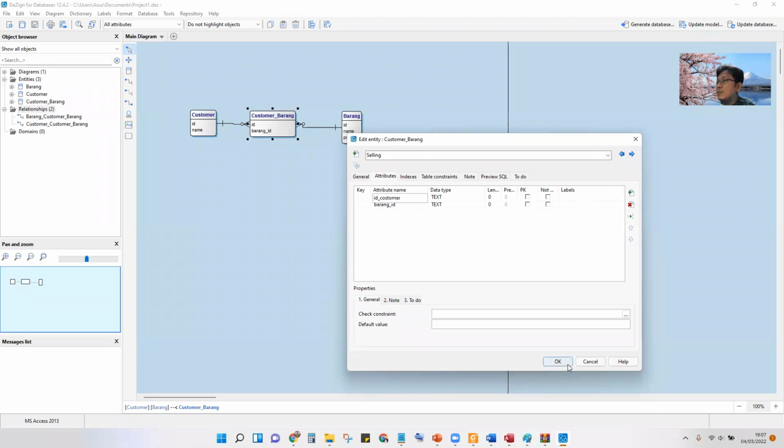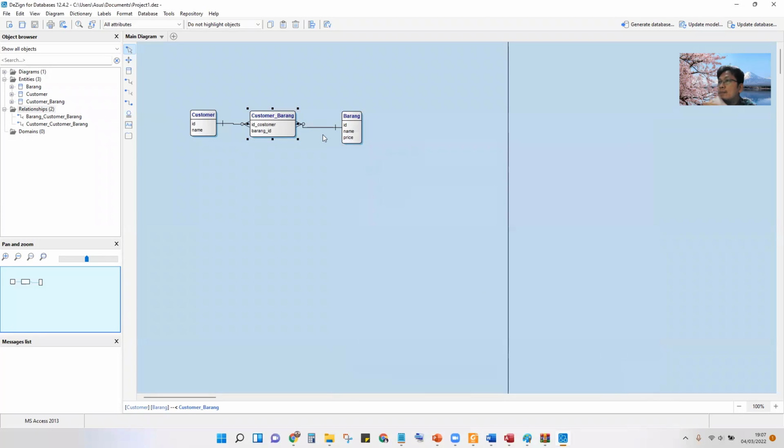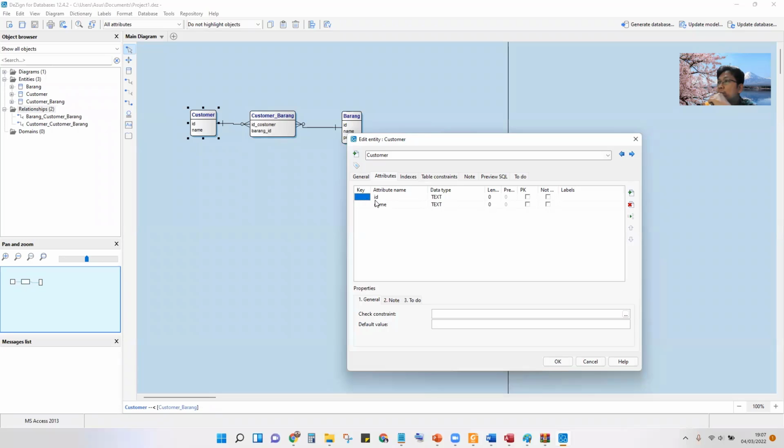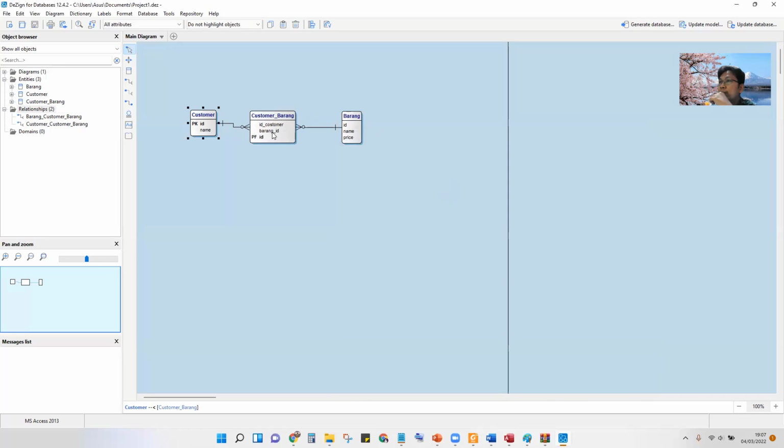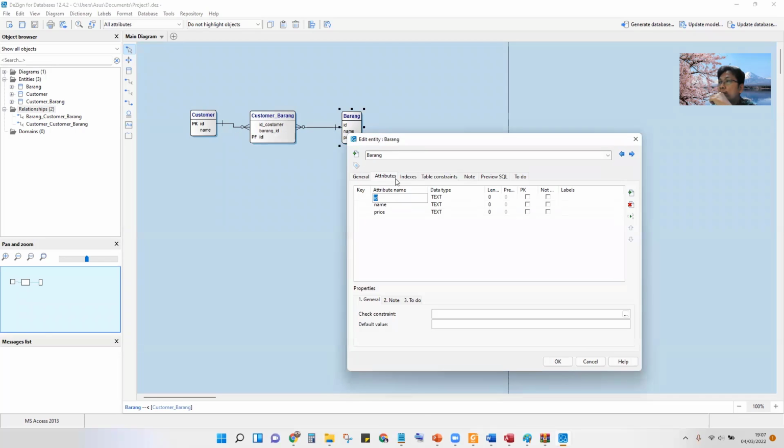Usually you have to create the same. This is your customer ID, ID barang, and then this becomes the primary key here. And this is the primary key.